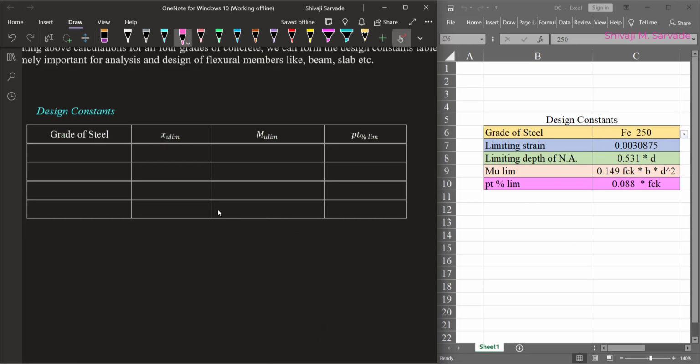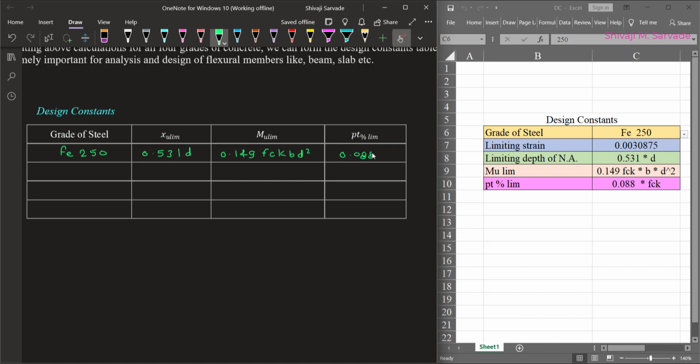We'll make a design constant table, which is really important in future analysis and design of beams. So let's start with grade of steel as Fe250. If you recall, we got XU limiting to be 0.531D. We have MU limiting as 0.149 FCK BD square, and we have PT limiting equal to